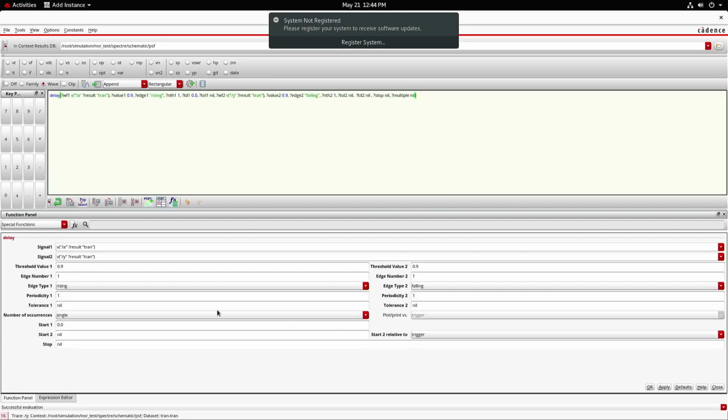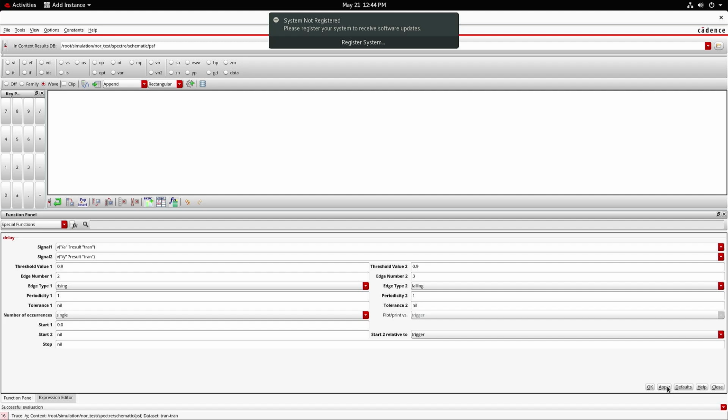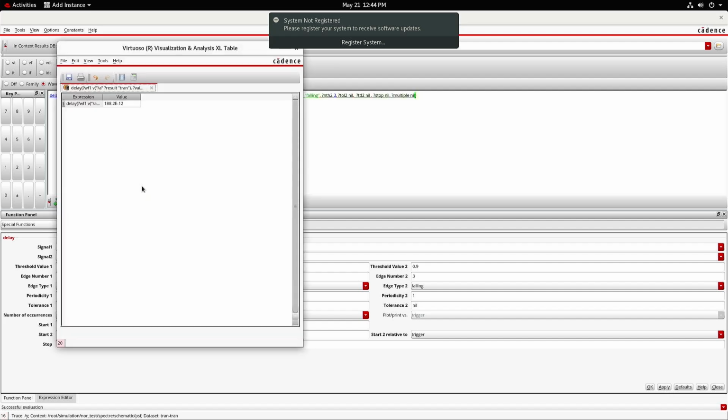Hence here you have to set edge number 2 and it has to rise, and here it is edge number 3, it is falling. Apply this new setting and evaluate the delay. You are going to get the delay which is 188 picoseconds.